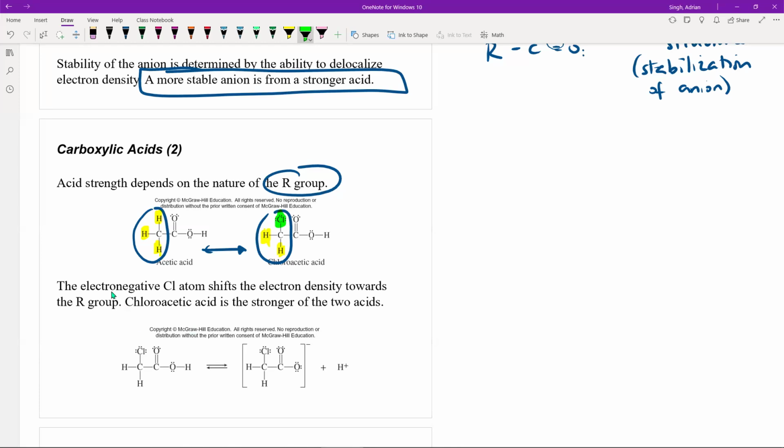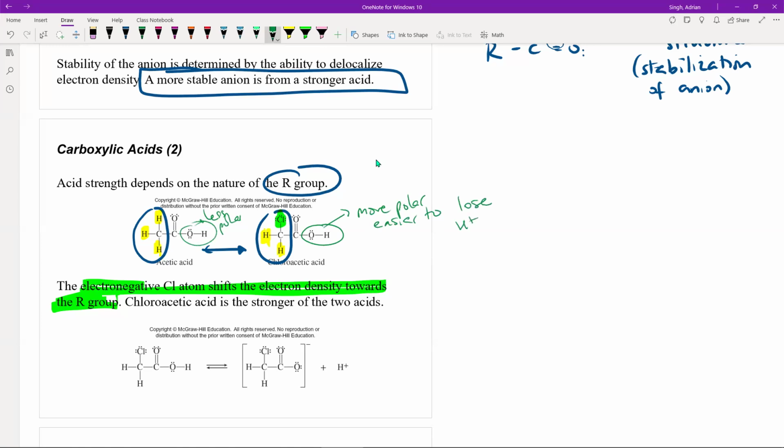And as a result, that electronegative chlorine atom is able to pull electron density towards that R group. And if it's able to pull electron density towards the R group, it is then again going to make that OH bond more polar. This bond here. Here it's going to be less polar. And if it's more polar, it's easier to lose